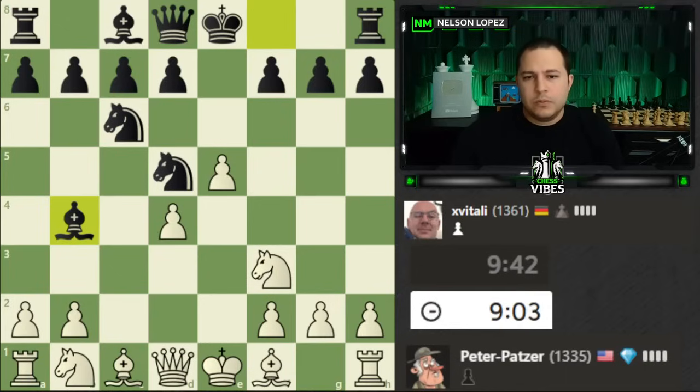So we can block with the bishop or the knight. Knight to c3 is not an option for us because there's two attackers, and we would walk into the fork there. I think I will play...